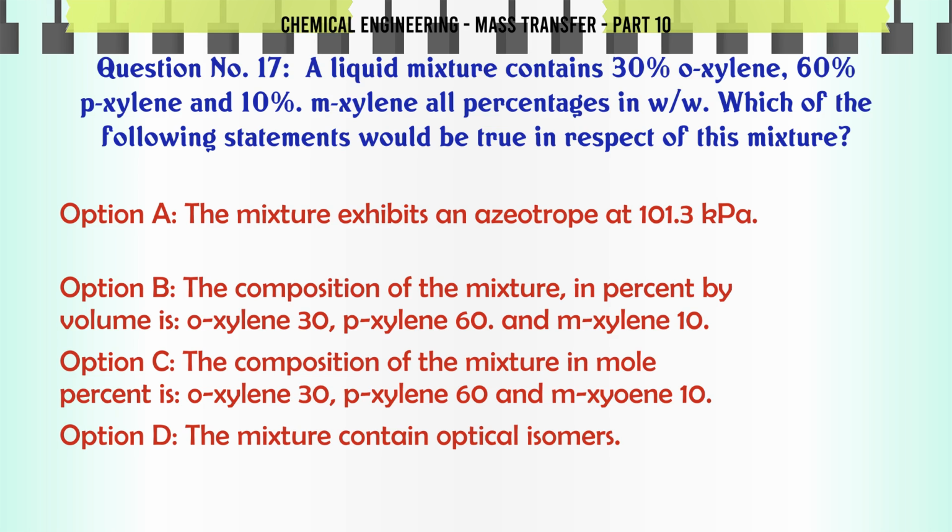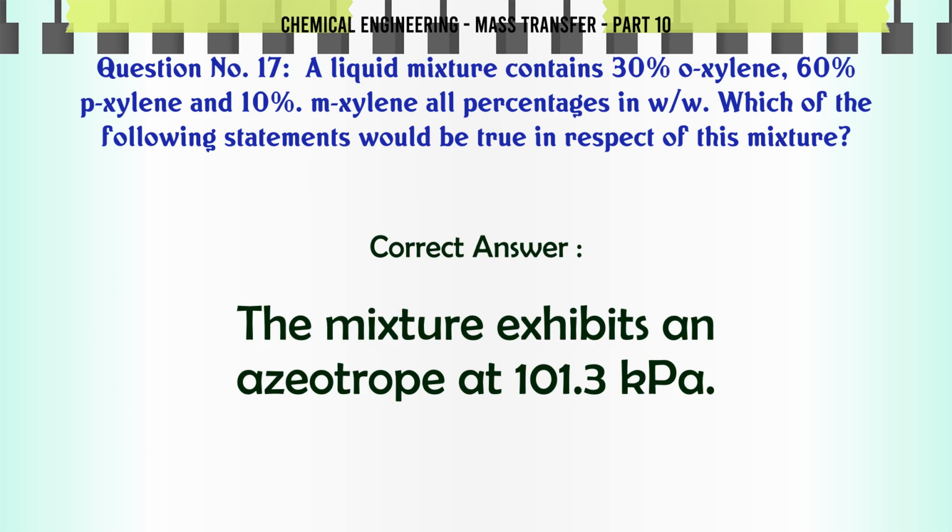B. The composition of the mixture in percent by volume is o-xylene 30, p-xylene 60, and m-xylene 10. C. The composition of the mixture in mole percent is o-xylene 30, p-xylene 60, and m-xylene 10. D. The mixture contains optical isomers. The correct answer is the mixture exhibits an azeotrope at